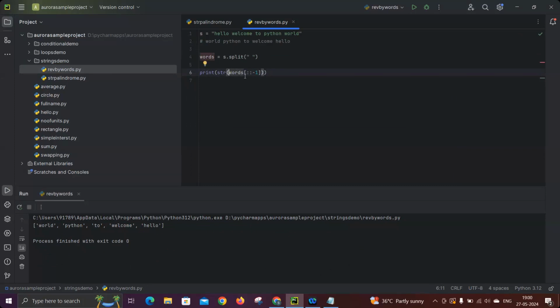Right. So join method only, but it's the string method. It's not a list method. Same option only. And one second. Yeah. So now